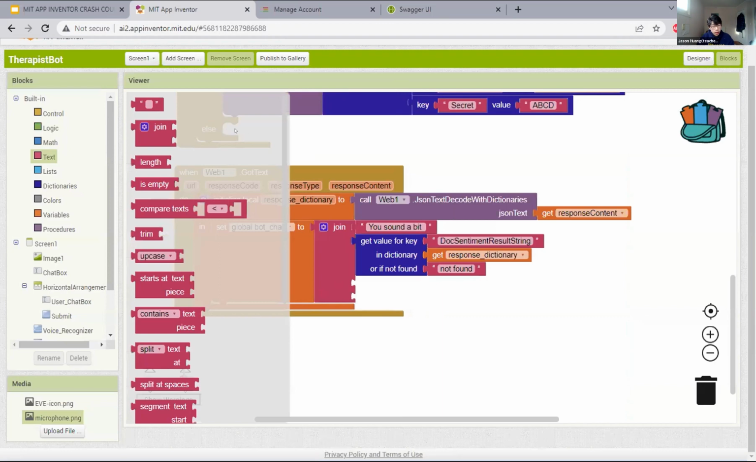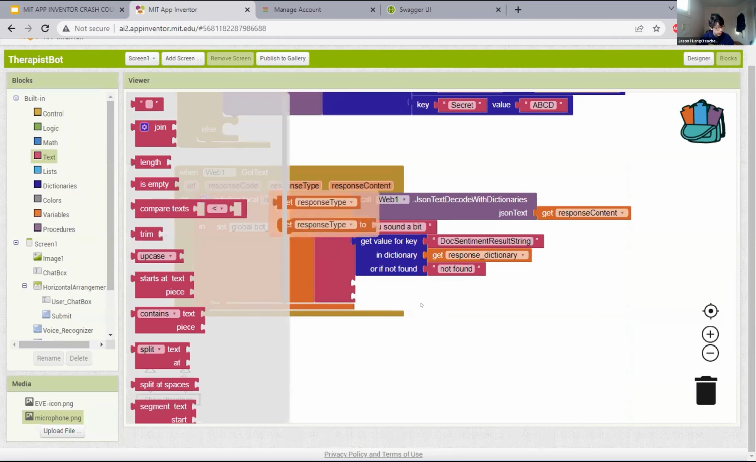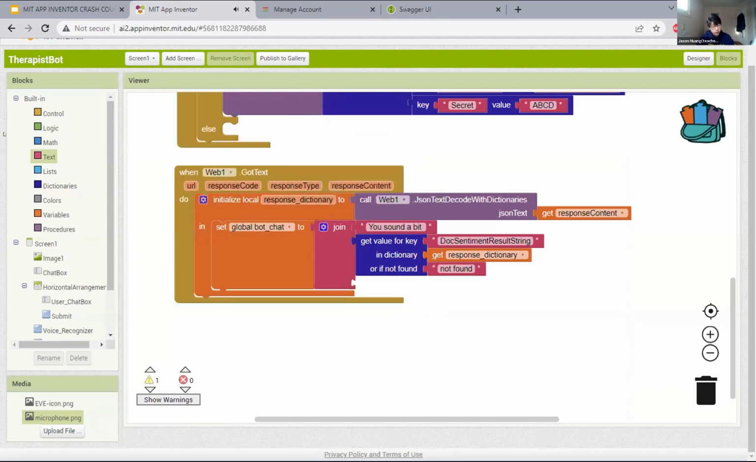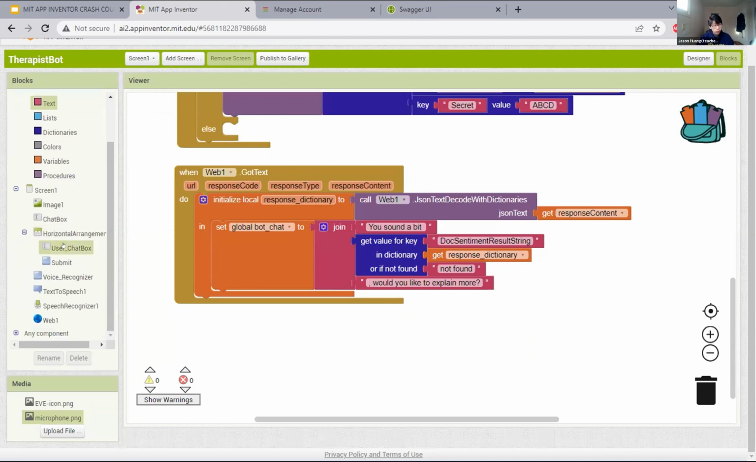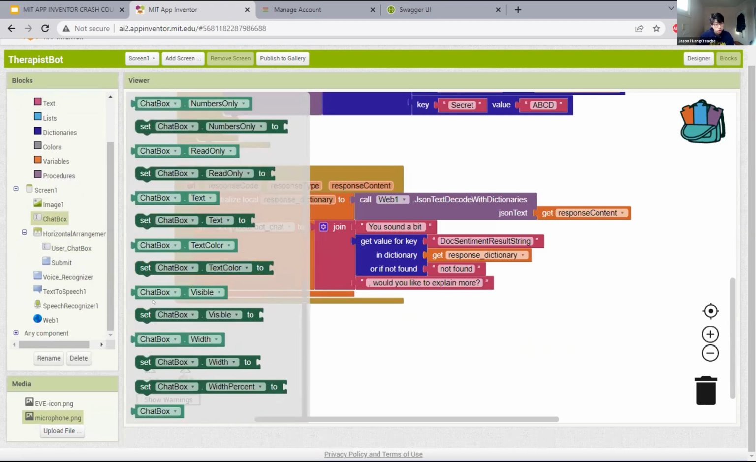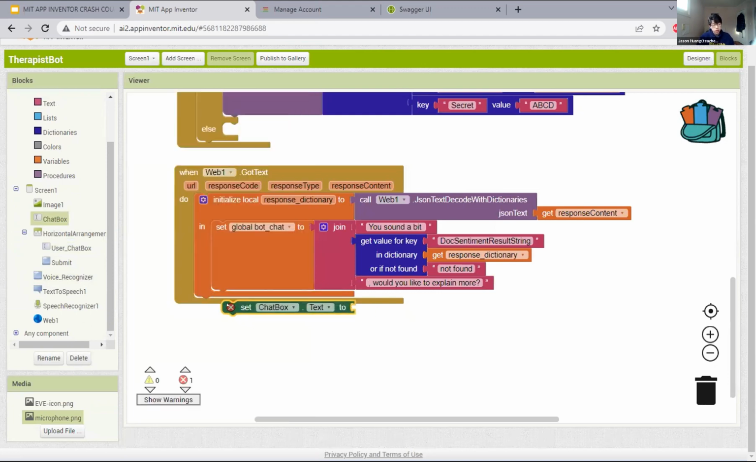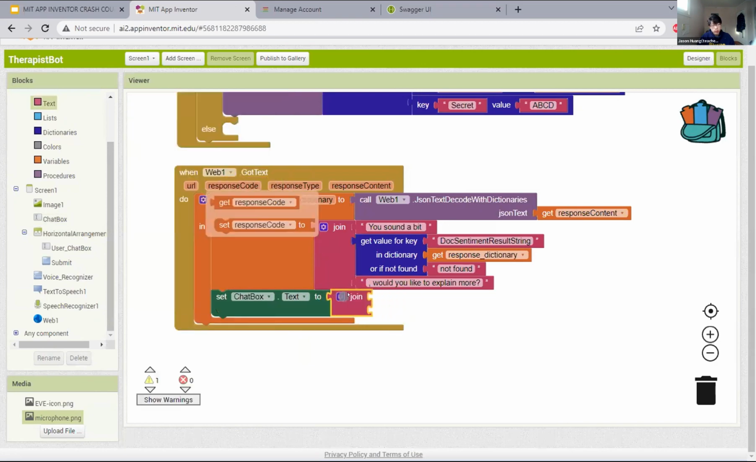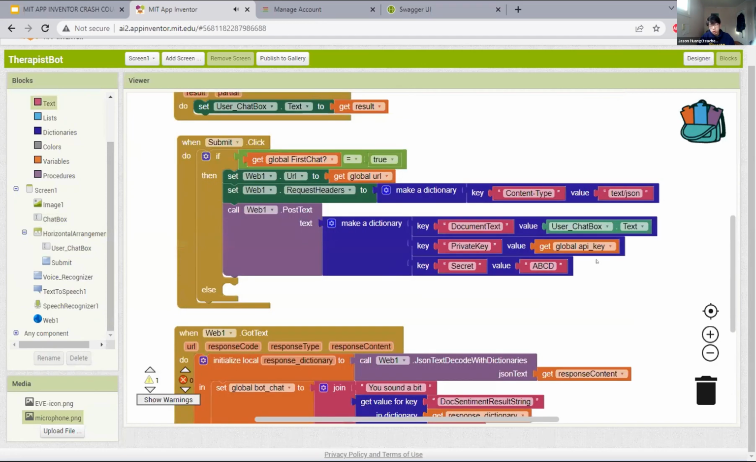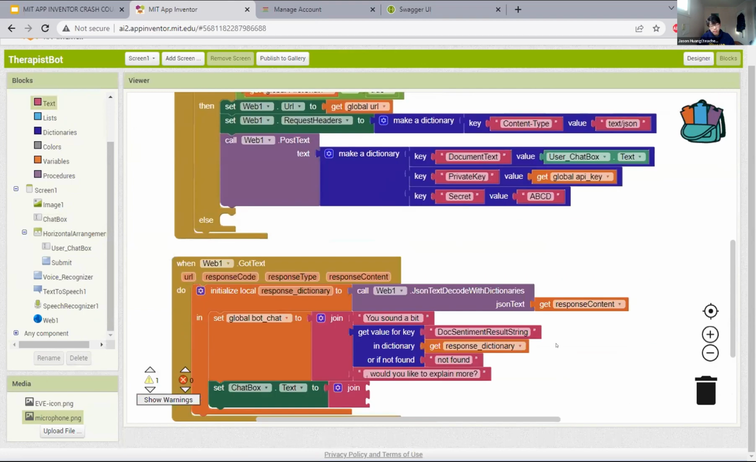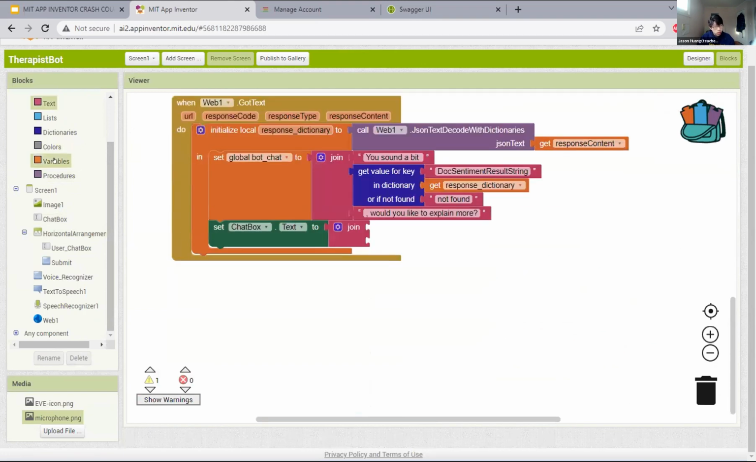Okay, you sound a bit blah, blah, blah. You sound a bit negative, you sound a bit positive, you sound a bit neutral, comma, would you like to explain more? Question mark. Okay, so that's our bot response. Next, we are going to change the text box to that response. So first, we are going to have to add the user's original input, right? So first we are going to say,